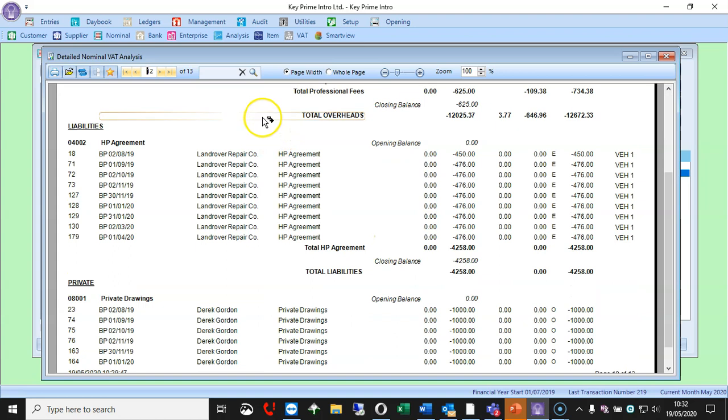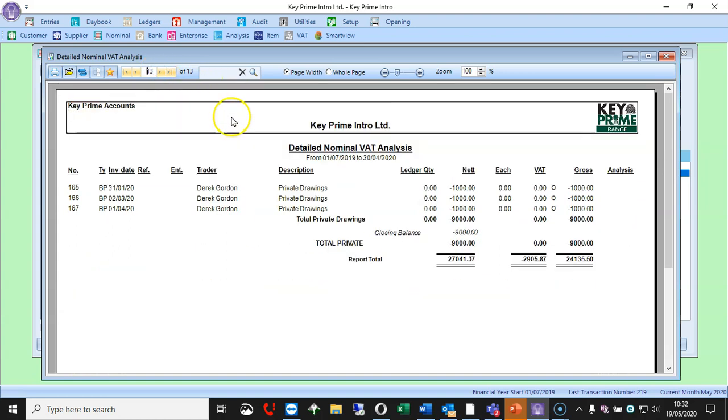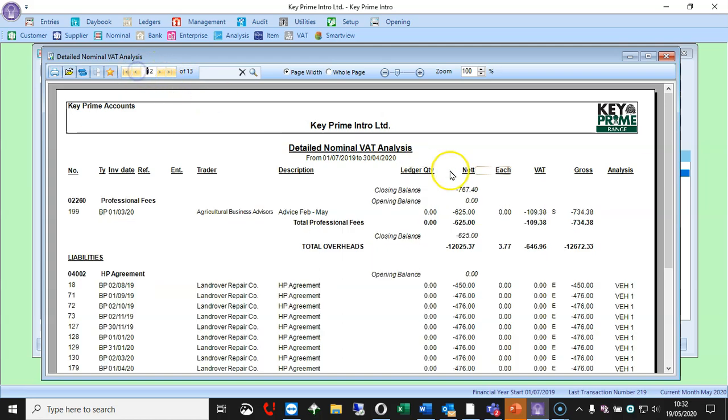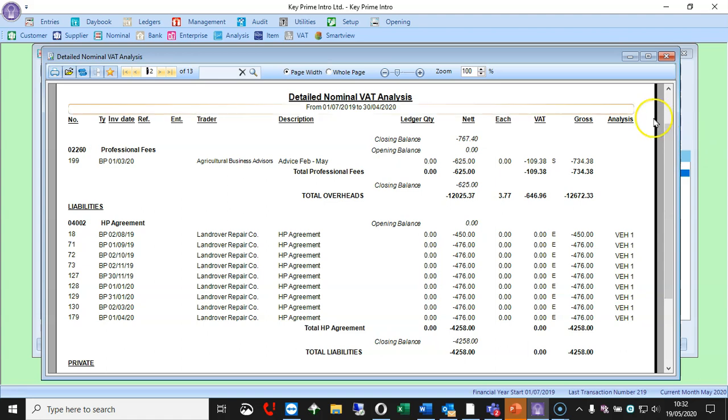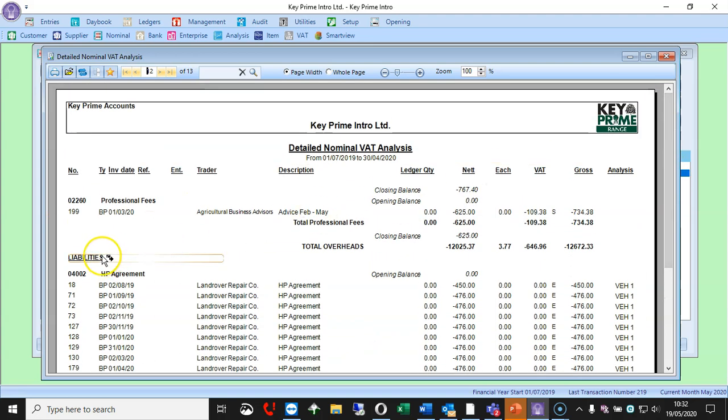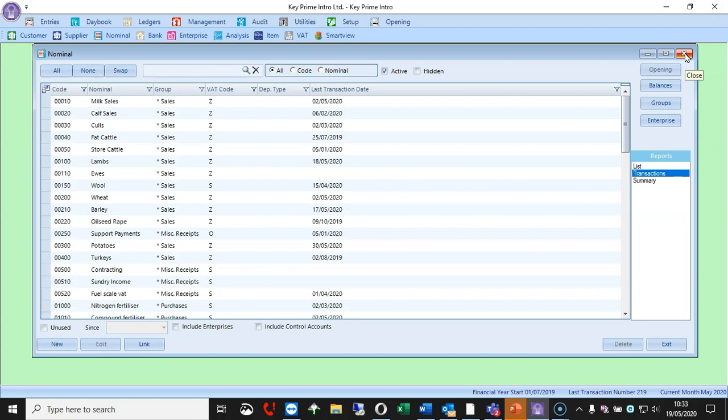And here we can come down a bit further, and then lastly we've got our private drawings, and no problem. So we can check there that we've got stuff in the right place, and that we haven't got purchases of machinery and vehicle repairs. They should be in their own nominals in a different group. So that's checking the nominals. It is, as I say, important just to run down through that and have a good look.